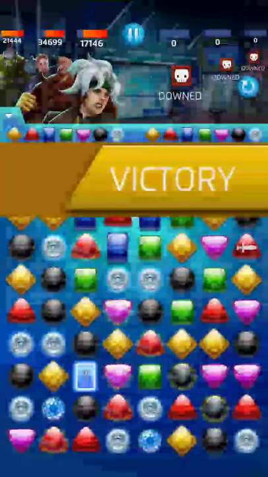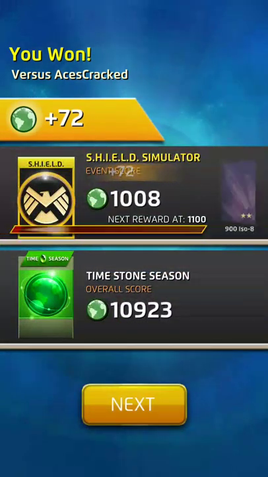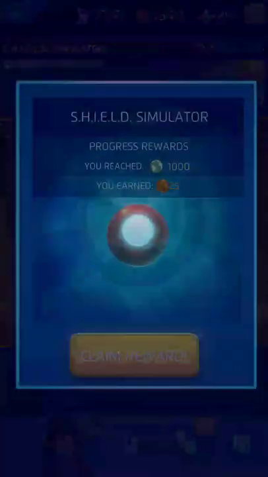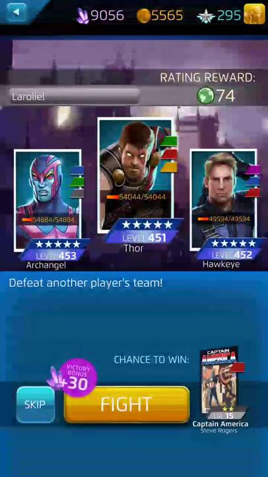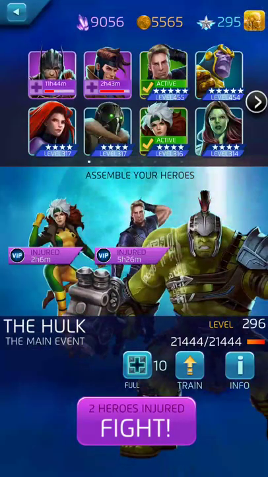Absolutely. That's honestly a pretty decent team. We just didn't have anything to do with black. 72 more points cruises us up to 1,034. We'll play one more match, guys, before we're over. We'll keep Hawkeye in it again. I want to get a pretty decent team to leave out to be out on defense. So let's go with Hawkeye and Thor,